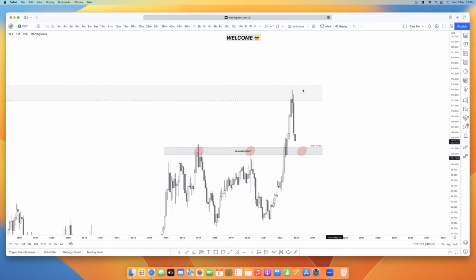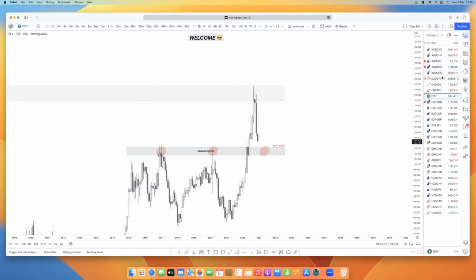Welcome to our weekly outlook. I didn't put it up there, but this is actually the weekly outlook we want to do now. We're going to be looking at a couple of pairs, starting with the DXY, then EU, and then we move to the ones I've tagged red: AUDJPY, AUDNZD, Euro AUD. Then I'll look at two more from currency, and then we'll move to synthetic, and I'll look at three more.